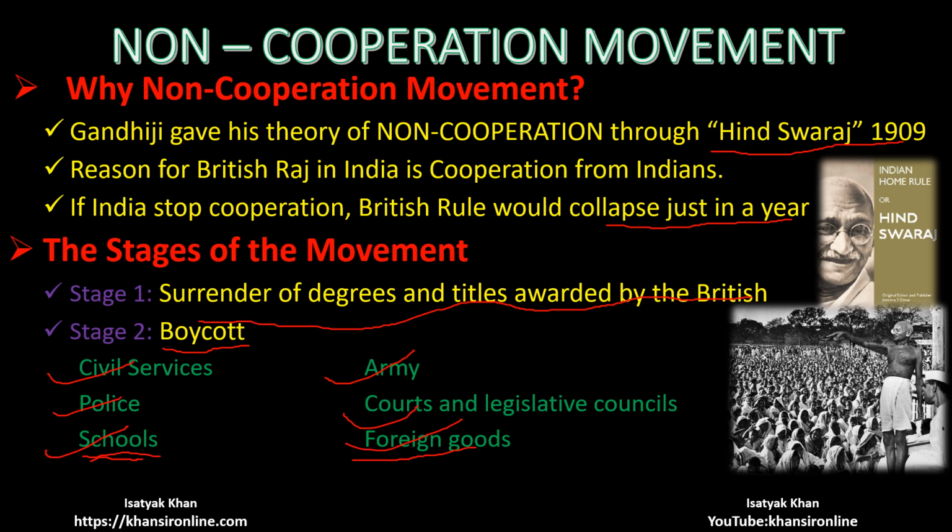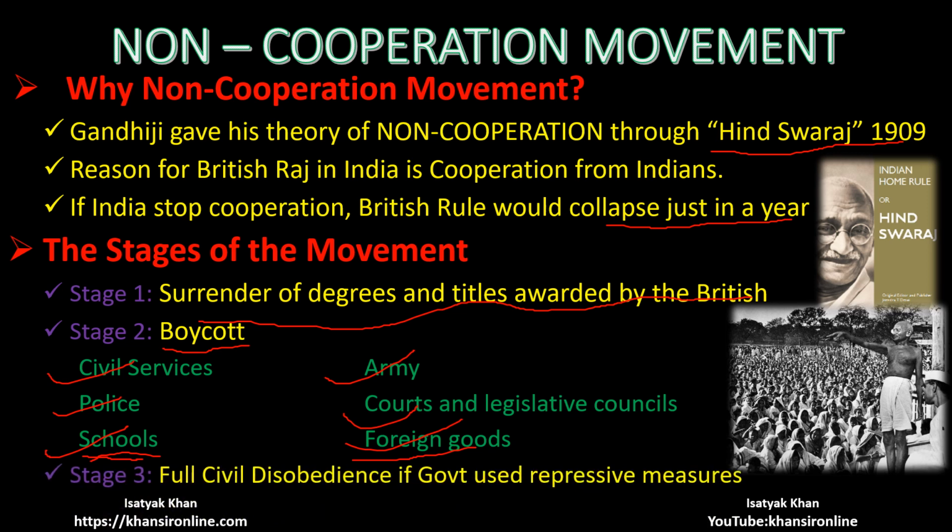And as in the past, the government becomes violent. If Indians do something against the British government, the government becomes violent. And to control the violence, there was a third stage, which was inactive. Inactive means that was the proposed stage, or we can call it a conditional stage. If the Britishers react violently to the first and the second stage, then only the third stage would become active, and that would have been even more terrible than the first two stages.